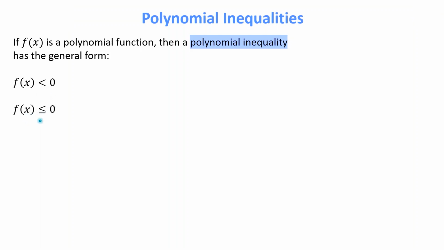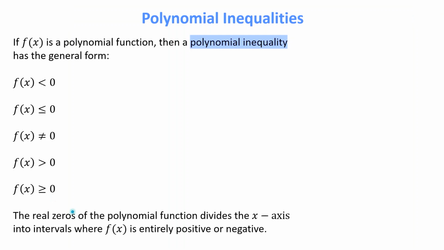F of x is less than or equal to 0. F of x cannot equal 0. F of x is strictly greater than 0. Or finally, f of x is greater than or equal to 0. Now, the real zeros of the polynomial function divide the x-axis into intervals where f of x is entirely positive